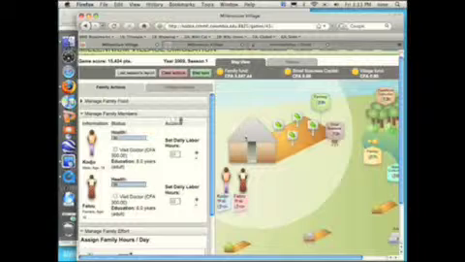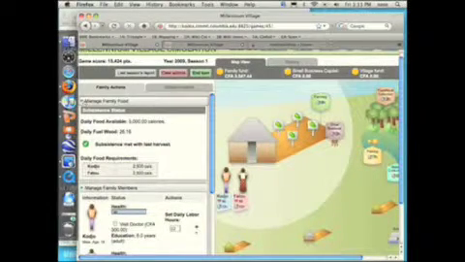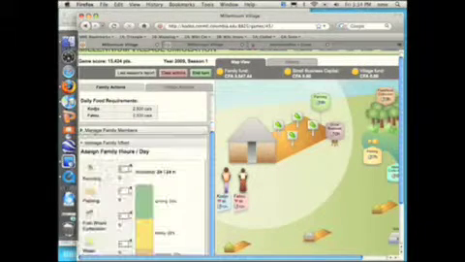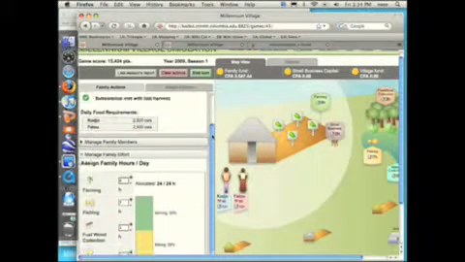Why don't you close it up? We have 2 people in the family. They're both working 12 hours a day. So we have 24 total hours to allocate. This is the first level, or sort of a simplified